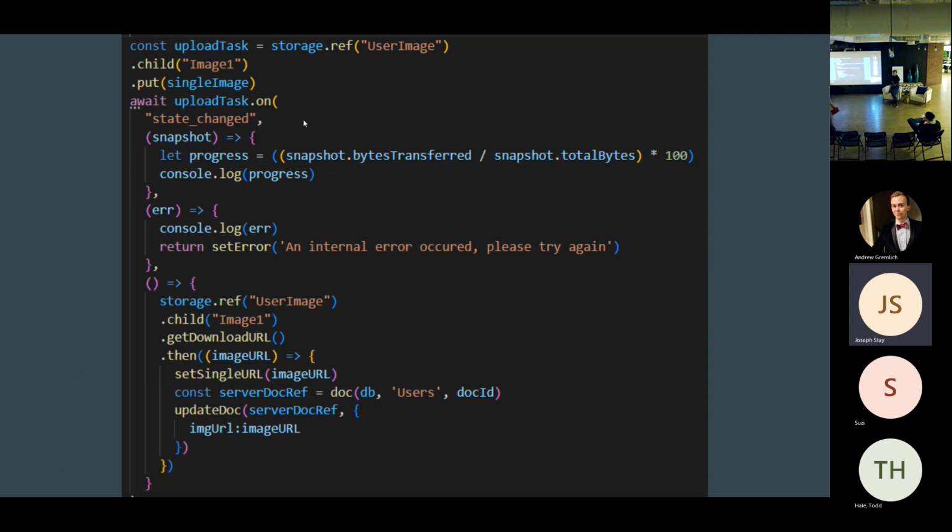But then, after that, what we want to do is we need to get that image that we uploaded. We need to get a link to that image. And so we have another arrow function where we're going back into that storage of the user image, getting that child. Once again, this would be user ID in the actual use. And we get the download URL, get that image URL, set our state to that image URL, then getting the document reference.